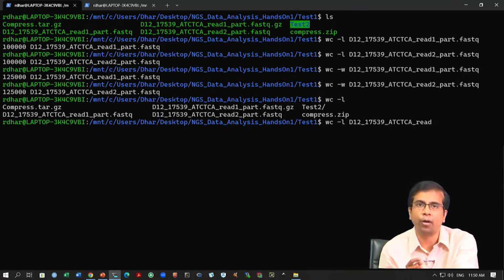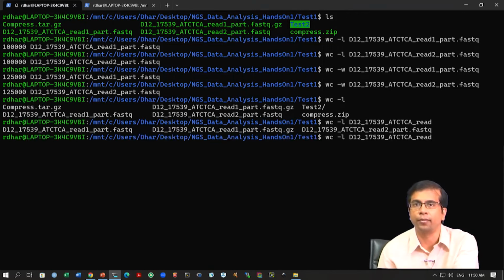It has this read 1 underscore part and the other one is read 2 underscore part. So now you have to specify which one you want to take. If you want to know what options are present, you simply press tab twice. Then it will tell you,